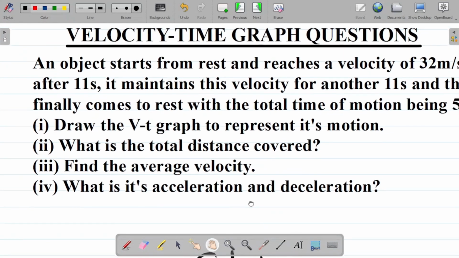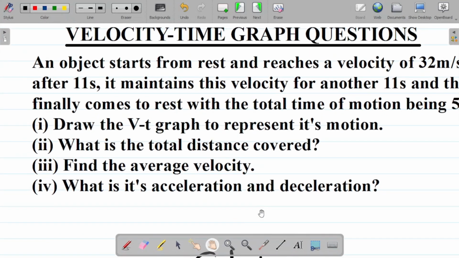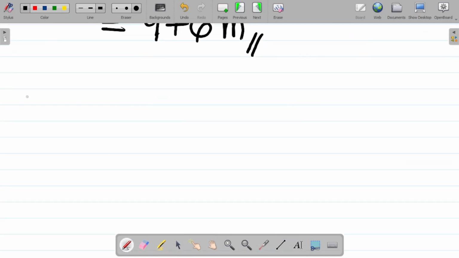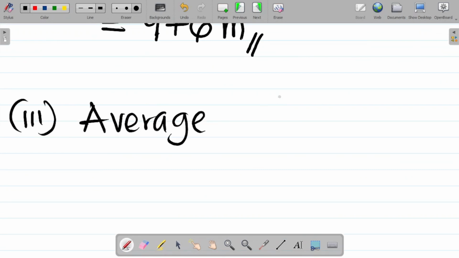All right, what's the next thing there? It says find the average velocity. So let's get the average velocity. The average velocity is equal to